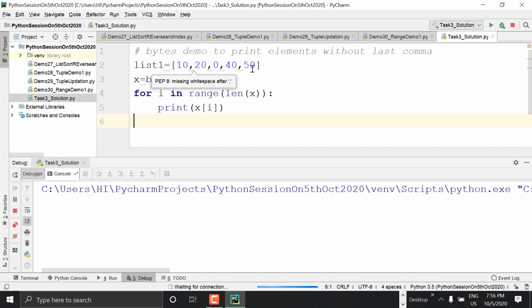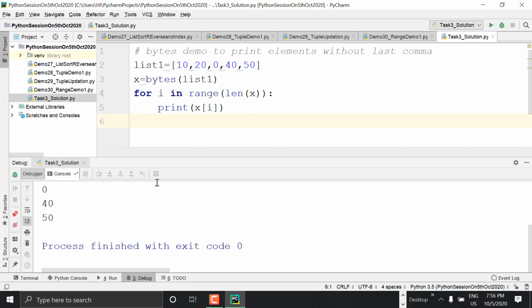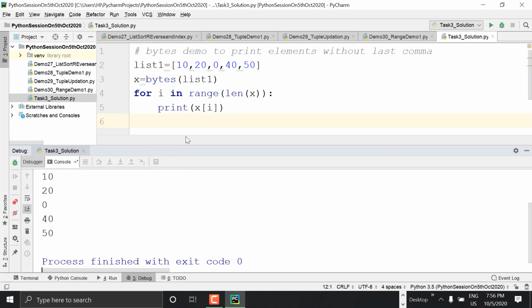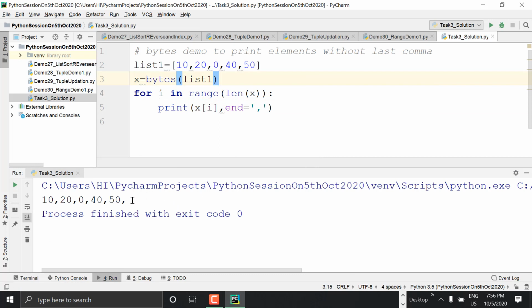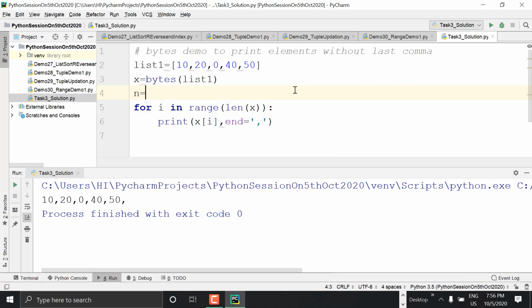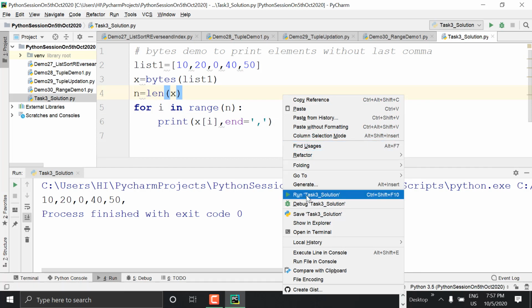So for that, what I'm doing is, let us take n is equal to len of x. And instead of len of x, what I'm replacing now? N here. Let's print normally. See the output. Is it clear, guys? N is equal to len of x. So x bytes array element length is found, and that is stored in n variable. Okay. Now i in range of n means 0 to n minus 1. So it goes up to 4. 0, 1, 2, 3, 4. So we got all the 5 elements.